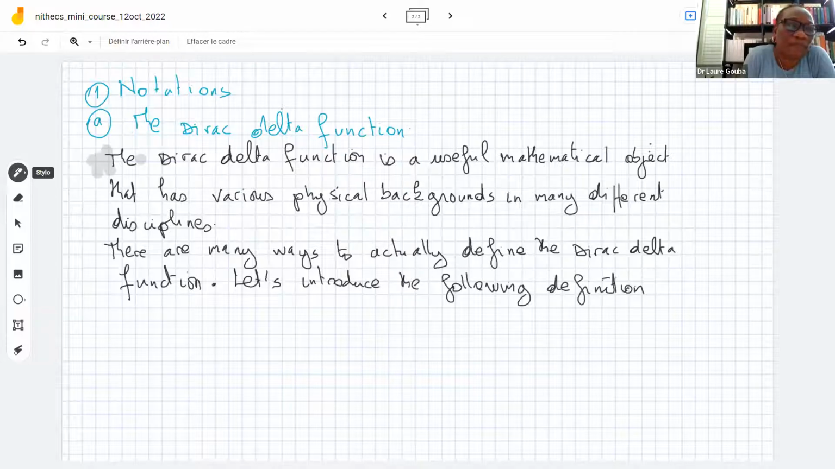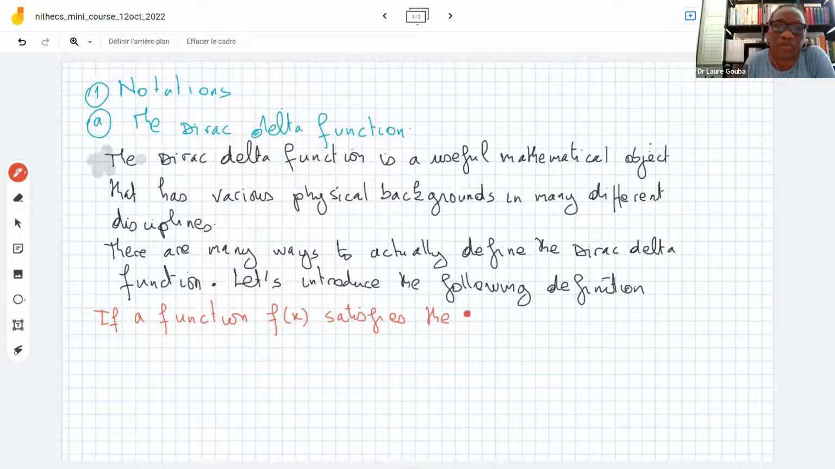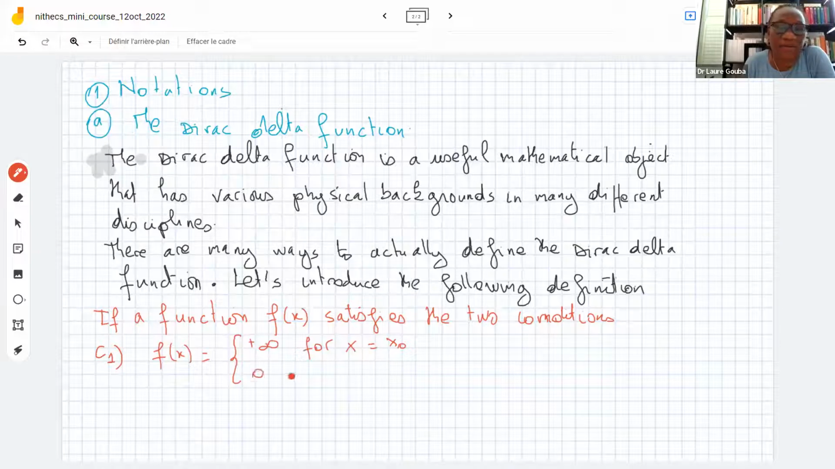If a function f of x satisfies the two conditions that are, condition 1, f of x is equal to plus infinity for x equal to a certain point x0, and 0 otherwise, which means when x is different from x0,